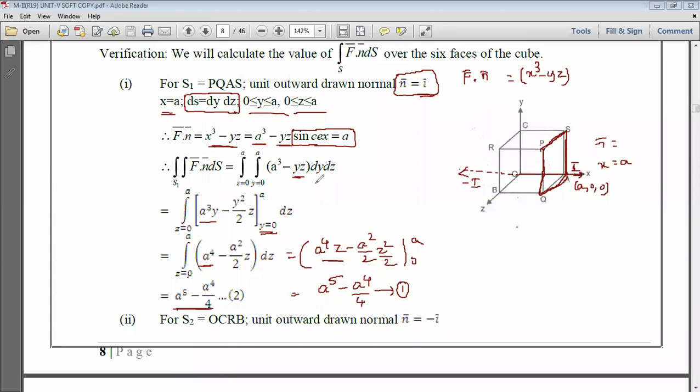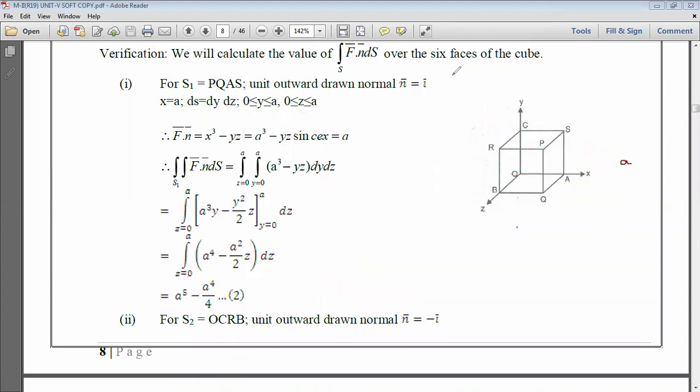Okay, next one, the second face. What we chose in the second face, immediately you can choose the opposite normal. So the face for which we first chose positive, we choose that face. So here it is. This is the second face, right? So what we chose is OCRP. OCRP. Okay. And next, this is in which plane? See exactly, is it touching or not?